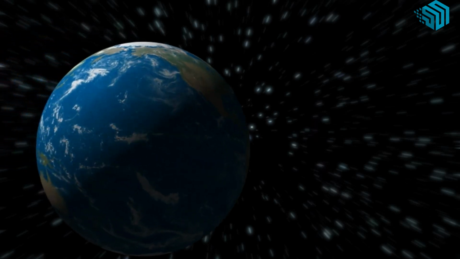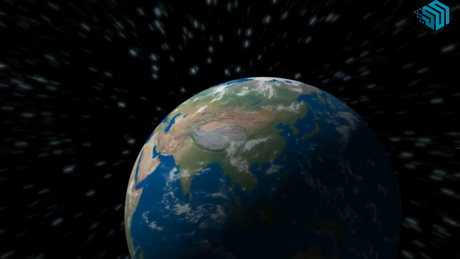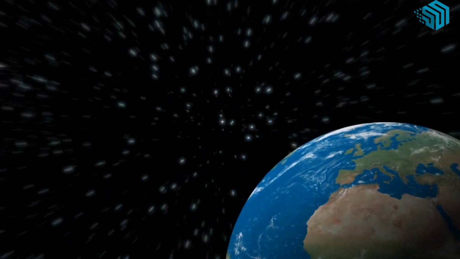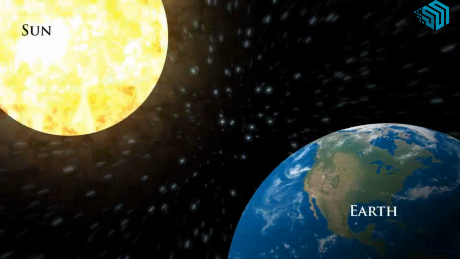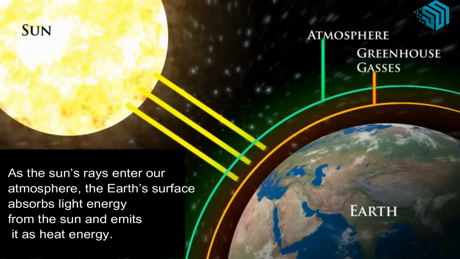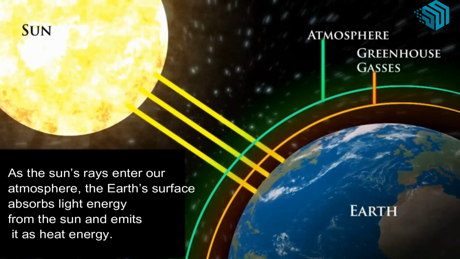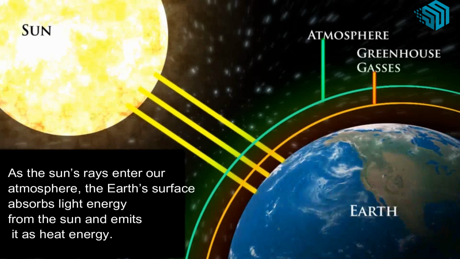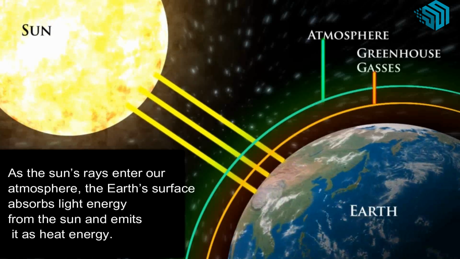Let us learn about greenhouse effect and global warming. Beginning with greenhouse effect. As the sun's rays enter our atmosphere, the Earth's surface absorbs light energy from the sun and emits it as